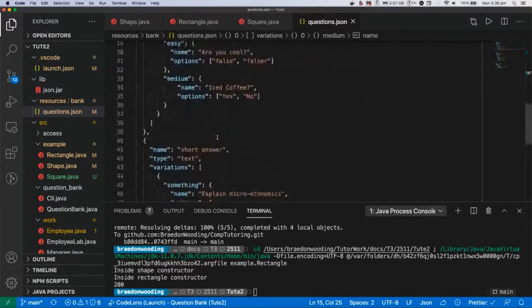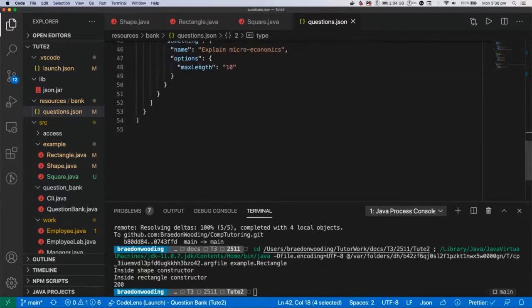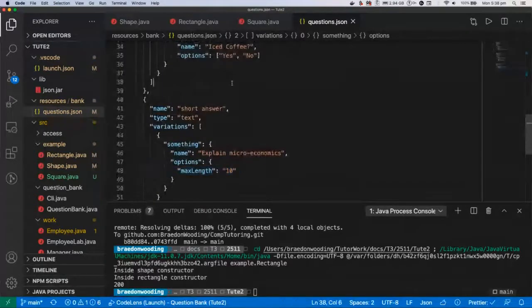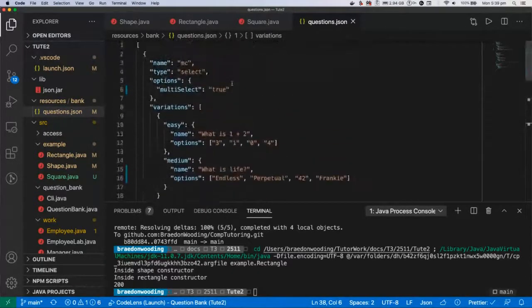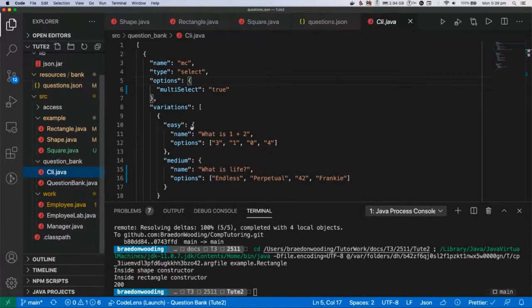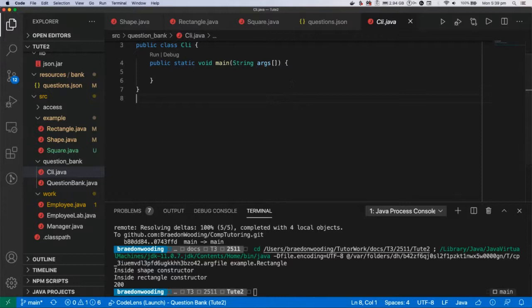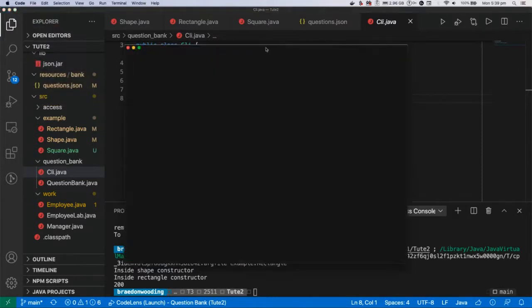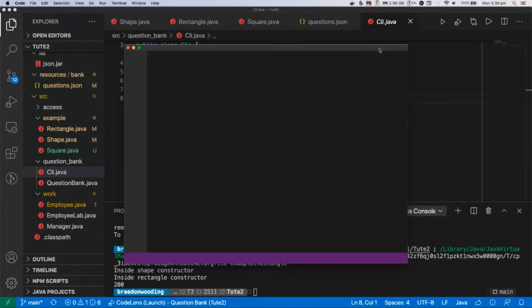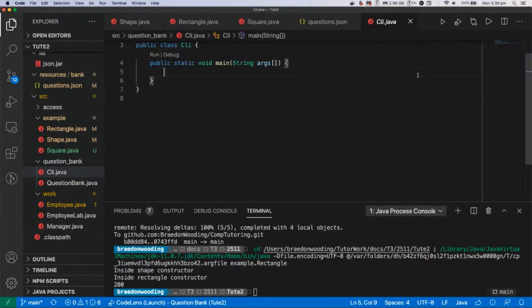Now there are other questions here as well, such as text, and text has a length. So there's some uniqueness between these, and this is actually pretty good for OOP, which is one of the reasons why I chose it. I'm just going to open up a new window so I can put the schema file on the other side of my screen, so it's easier to refer to. I'm going to give you a rough overview of